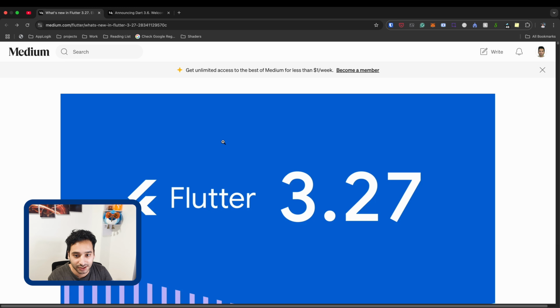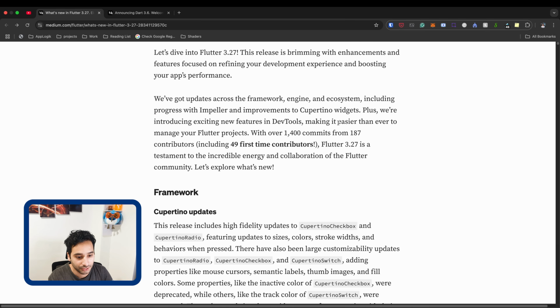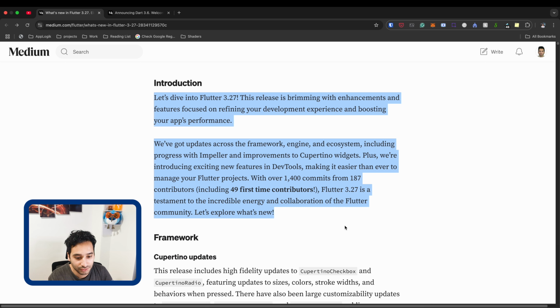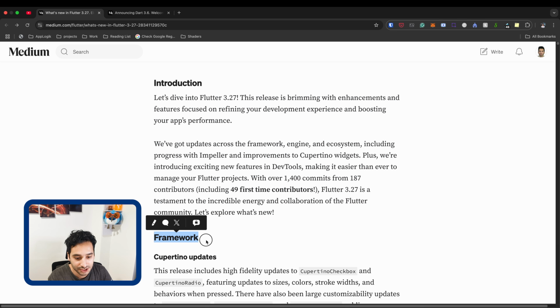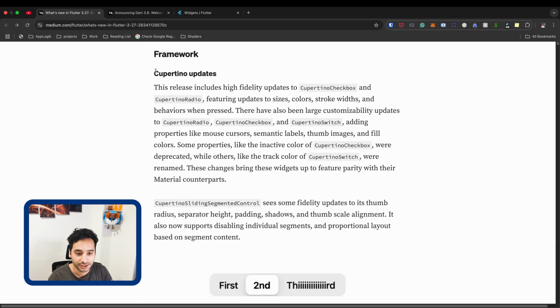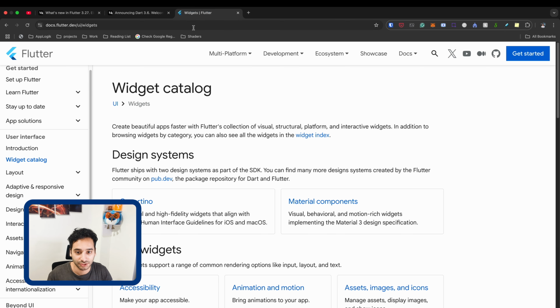So here we have the Flutter 3.27 article that is released on the Flutter Medium, and I'm gonna go through it. Here we have some overview, and here the framework changes begin. So here we have the Cupertino updates, and as you know, in Flutter we have two major categories of widgets, and you can open the widget catalog, and here we have Cupertino and also Material.